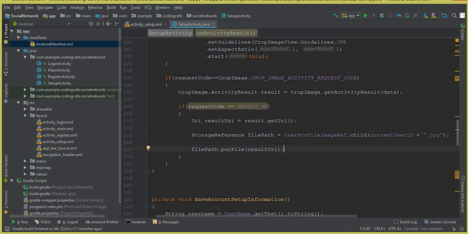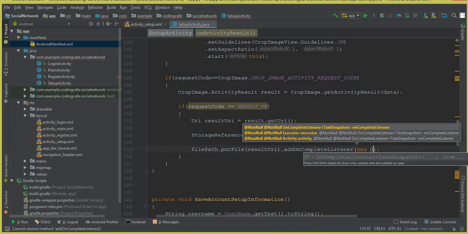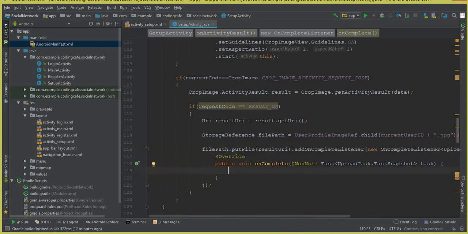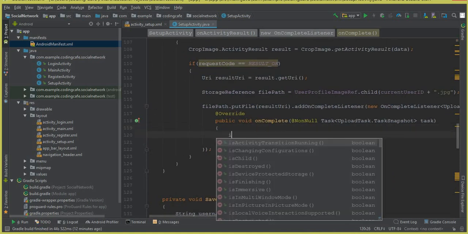Now the next thing is to add the image inside the Firebase database. Basically we will be storing the link of that image which is stored in the Firebase storage. We will save the link of that image inside the Firebase database. So let's do it. First we have to add a listener on this so that it can tell us whether the task is successful or not. So we can say .addOnCompleteListener, new OnCompleteListener, and inside this onComplete method we can say, if the task is successful,